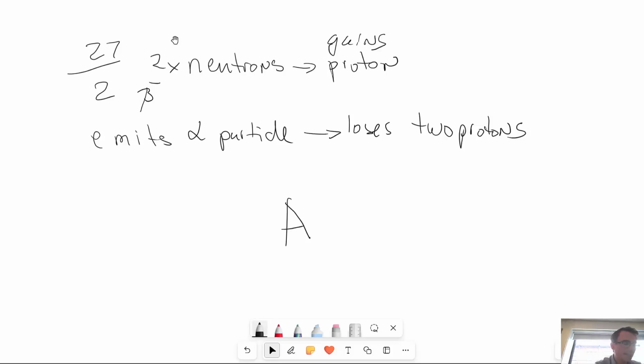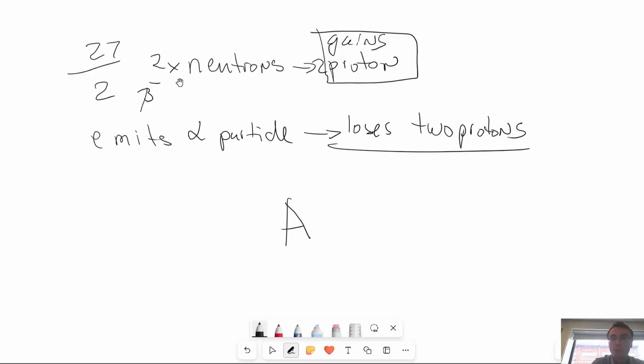Okay, so question 27, we have a radioactive nucleus that emits 2 beta minus particles. So in 2 beta minus particles, we're going to have 2 neutrons converted to 2 protons. So just that part of the reaction is going to gain us 2 protons. But also we're going to emit an alpha particle. This means that we're going to lose 2 protons. Because of that, we know that our element will be the same because the proton number will be exactly the same. There will be an isotope though, because we will have lost 2